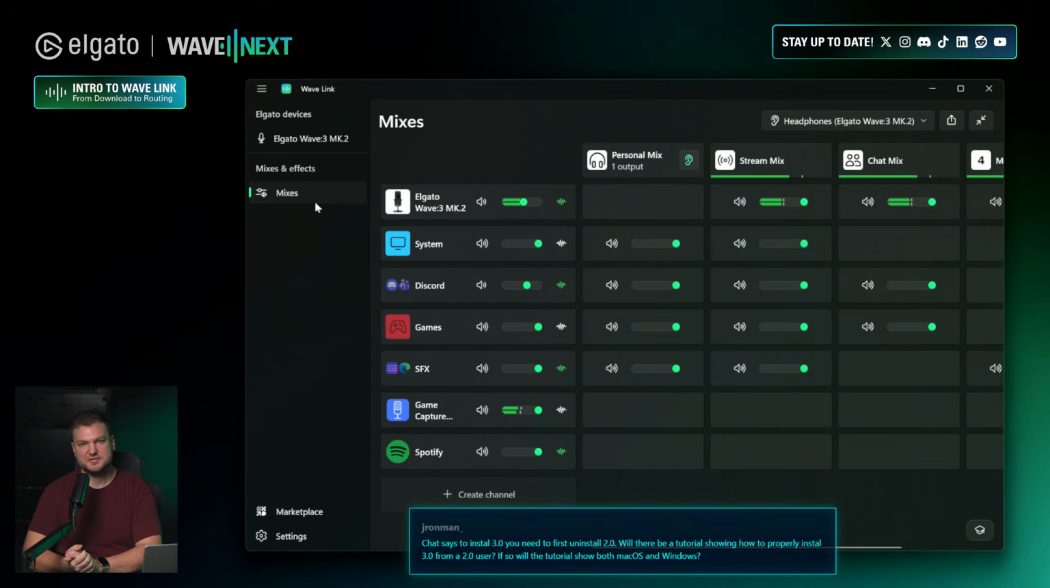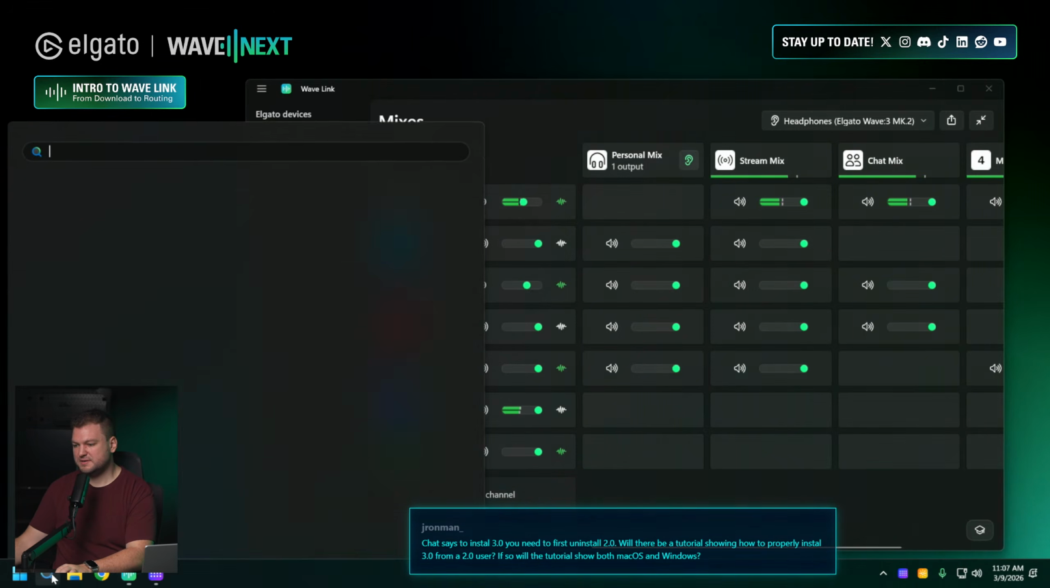It's our recommendation to uninstall Wavelink 2.0. You don't have to, but it's our recommendation to do that. To uninstall Wavelink or just, I mean, any app really on Windows at this point, you can just go into